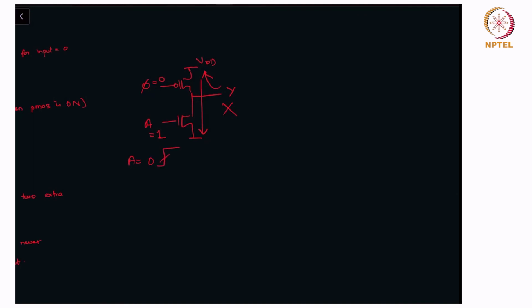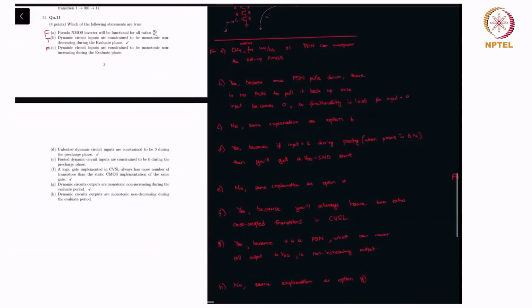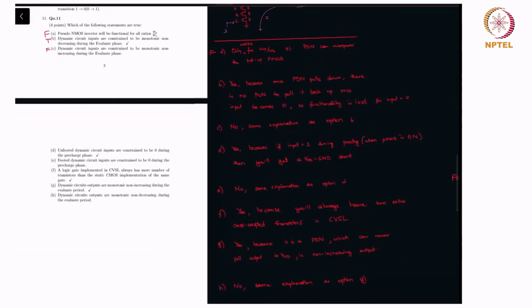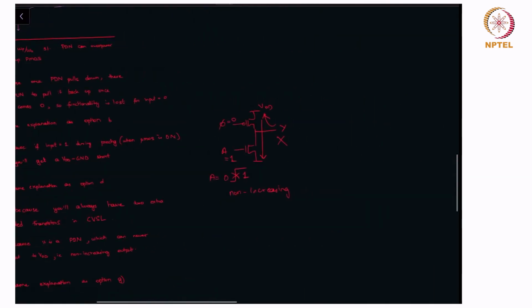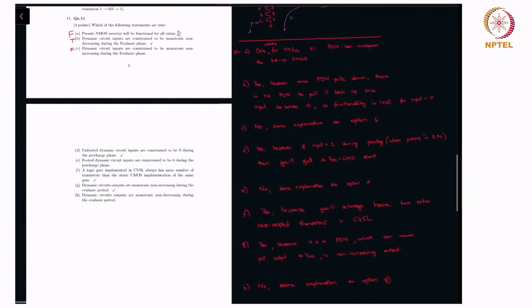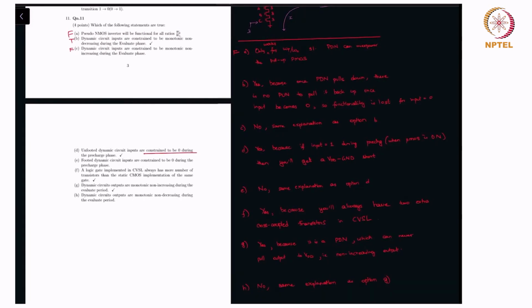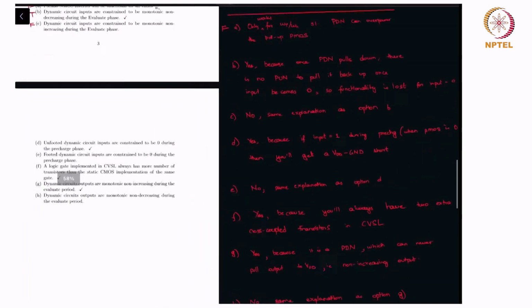It cannot go to 1. So this is non-increasing, right? It has to stay 0 only. So for one thing it's non-increasing, but it's actually constrained to be 0 only. So yeah, the answer is constrained to be 0. And